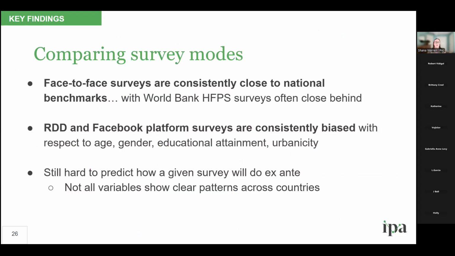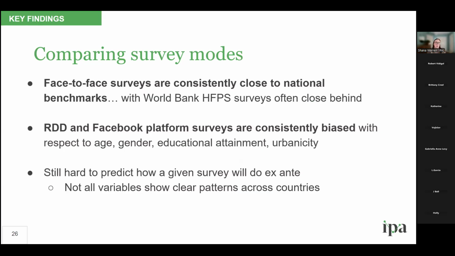All of us went in during the pandemic very excited to really leverage remote surveys. Oh, there's so much more phone ownership in low and middle income countries. There's been a huge leap forward in low income countries, even relative to 10 years earlier. But what have we found across survey modes? Very big picture, obviously, it's not exactly the case in every country every time, but face-to-face surveys are consistently close